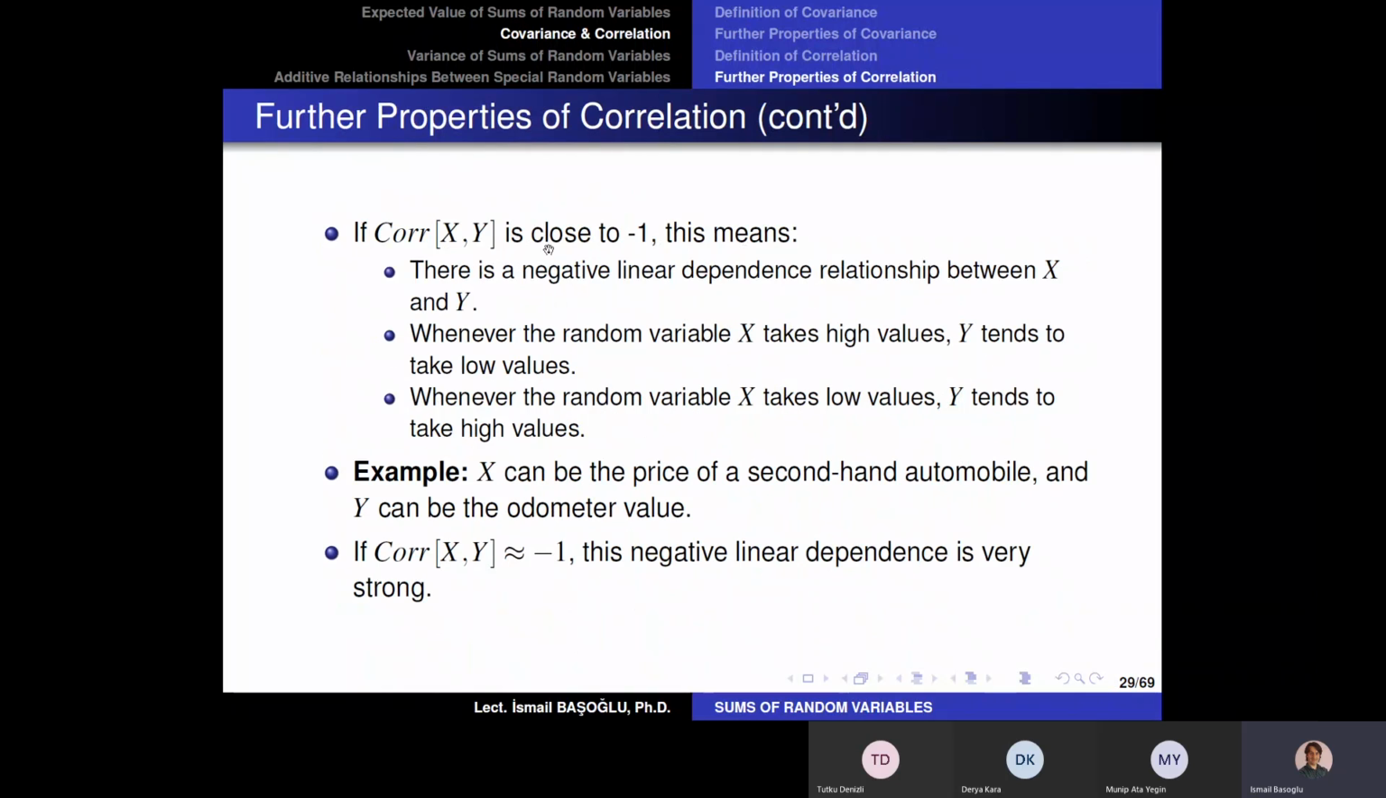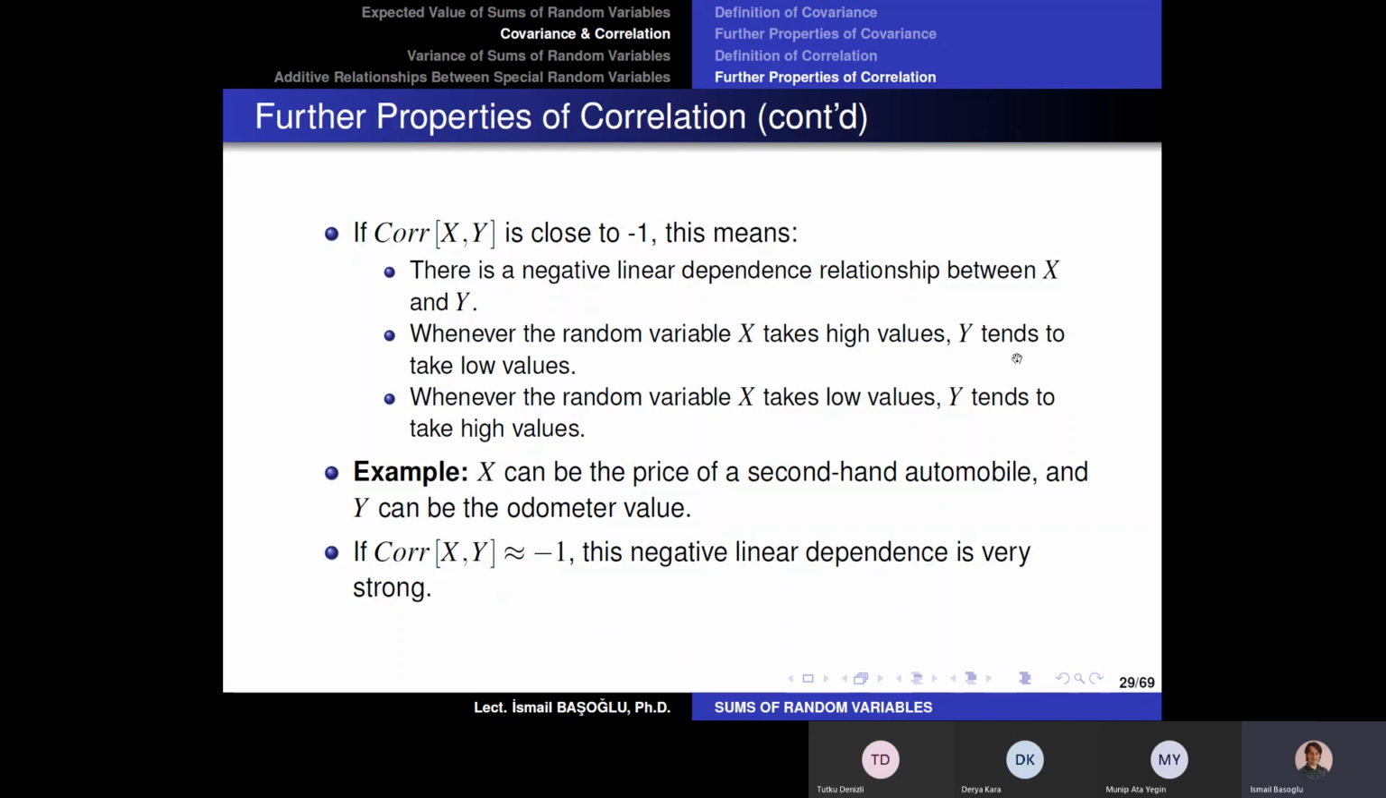But here it says it is not -1, but it is close to -1. If the correlation is very close to -1, we say that there is a negative linear dependence relationship between x and y, but there is also a random component as well. So they are dependent on each other, but not exactly with a linear function. So this means